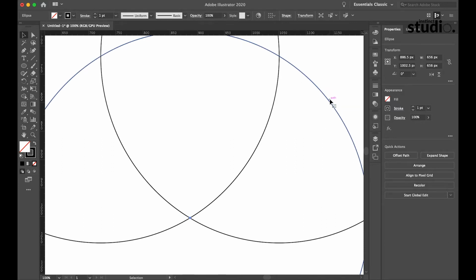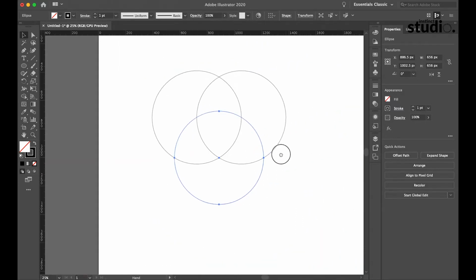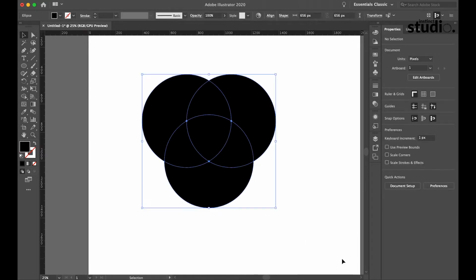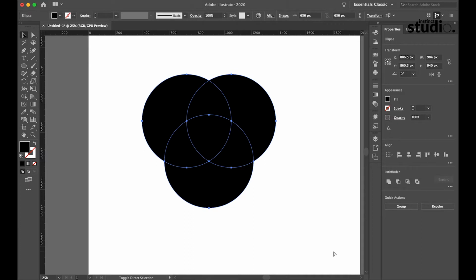Now you can see that the inside looks like the Dark symbol. Now all we have to do is remove those extra parts of the circle. There are a lot of ways to remove those parts. Here we will use the Pathfinder tool. That's the easiest way to remove those parts of the circle,